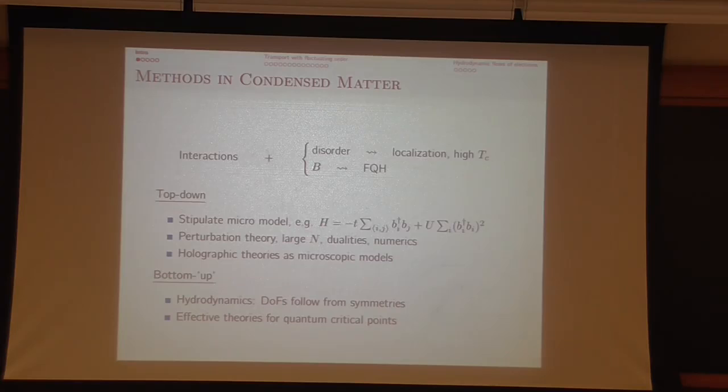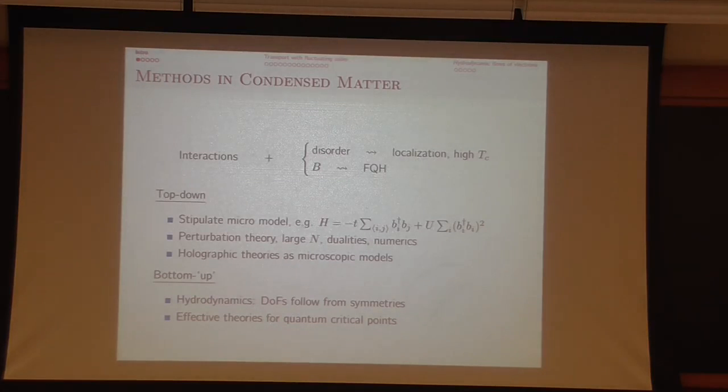Sometimes there's a large N expansion that can help. If I have several copies of this boson, some diagrams might factorize. Finally, more recently, there have been dualities in 3 dimensions that can be helpful to study strongly coupled systems. And if none of this works, we can always use numerics like Monte Carlo simulations. To this list, in the past decade, a new item has been added, which is the field of AdS/CFT.